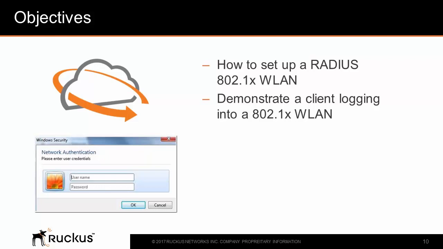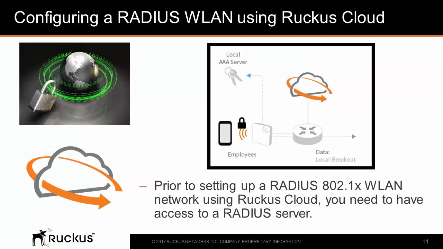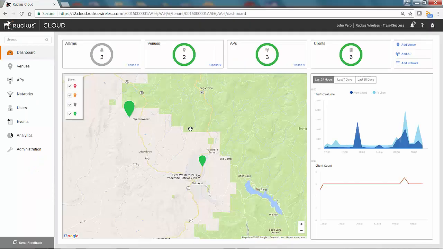In this video, I'll demonstrate how to set up a Radius Private 802.1x wireless LAN using the Cloud Wi-Fi dashboard and demonstrate a client logging into this type of network. As a note, prior to setting up a Radius 802.1x network, you need to have configured or have access to a Radius server. From the Cloud Wi-Fi dashboard, I can go to Networks either on the left or over here,